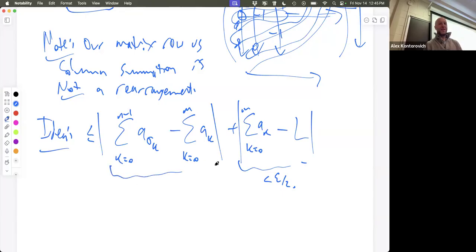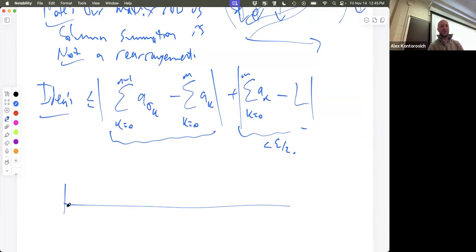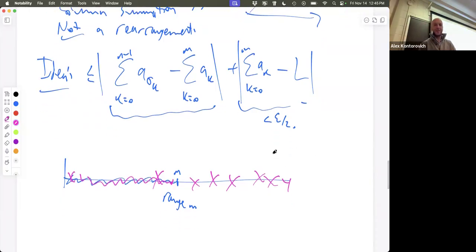Think about what this says. This, we're summing. Okay, so let me try to draw a picture. It's very hard to draw pictures for this thing. This sum is from 0 up to m, everybody. This is range m. Sigma 1 is over here, sigma 2 is over there, sigma 3 is over there, sigma 4 is over there. But n is so large that I have to contain all of this stuff and then a bunch of other random stuff. So this is the image of sigma on range n.